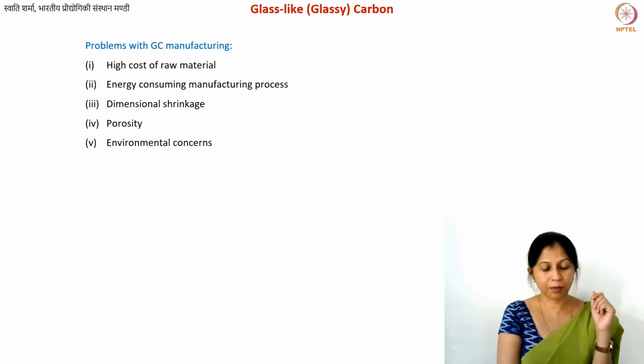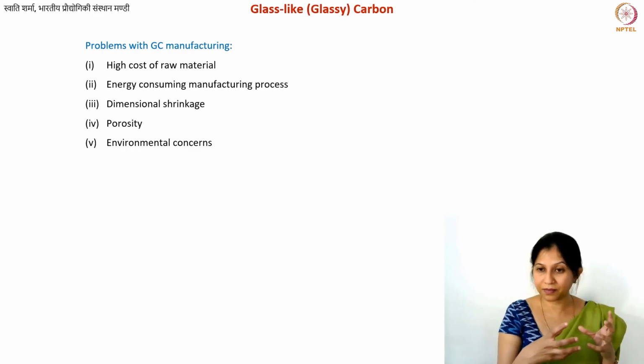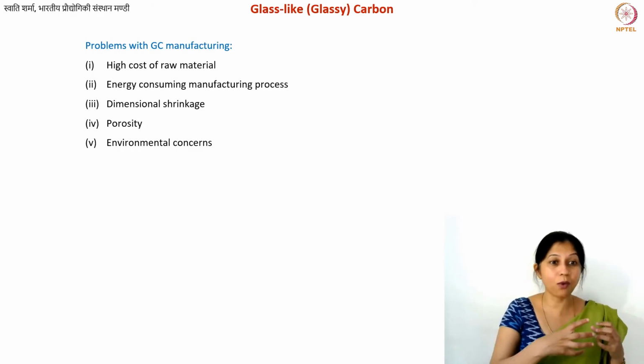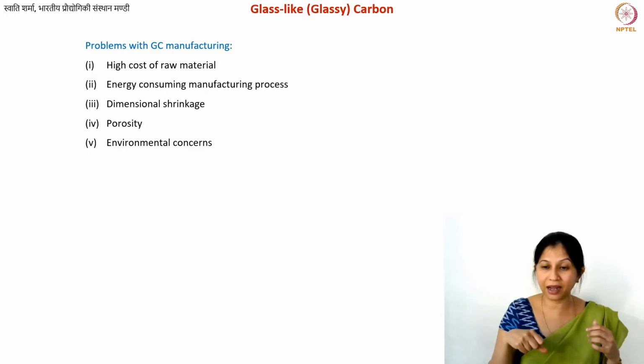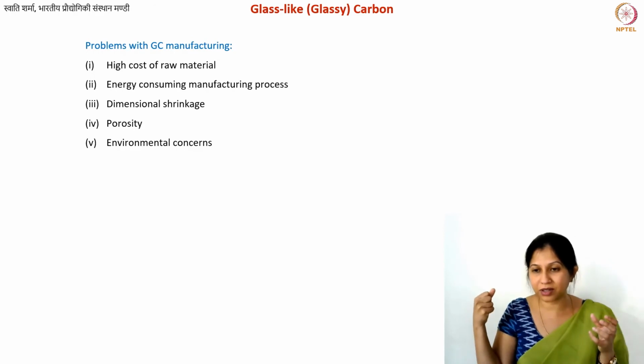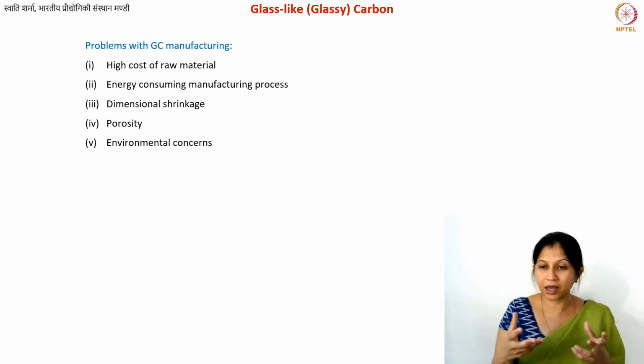That is a separate topic altogether, but not for glassy carbon manufacturing, because when you are manufacturing carbon materials, you also have nitrogen flow or some gas flow throughout the process. So whatever byproducts, the synthetic gases for example, are being produced, they get diluted in that nitrogen. Even if you are able to collect them back, the quantity is very low at any given point because it is diluted. First you need to separate those gases from your nitrogen or whatever the carrier gas is, and then collect them, and the quantity might be very, very small.